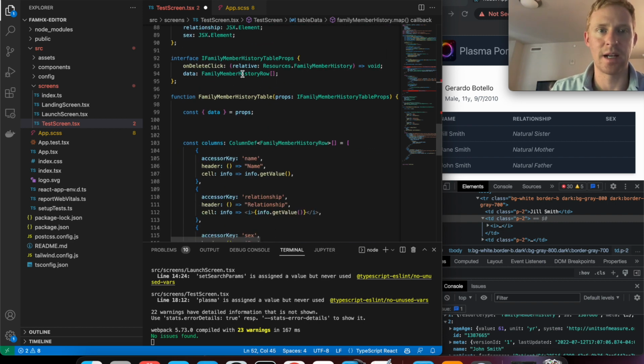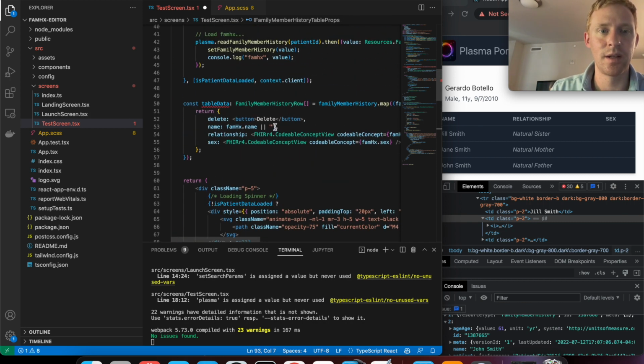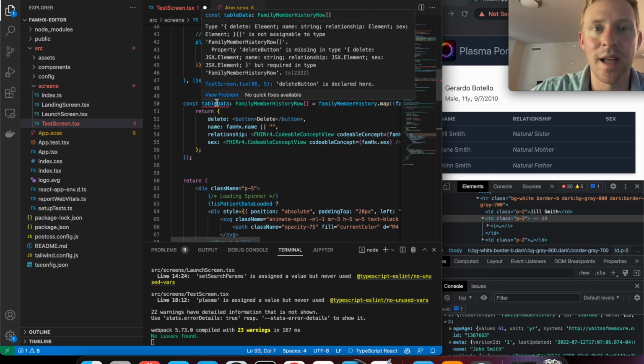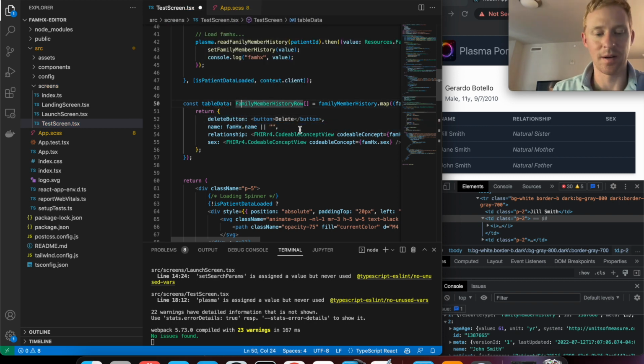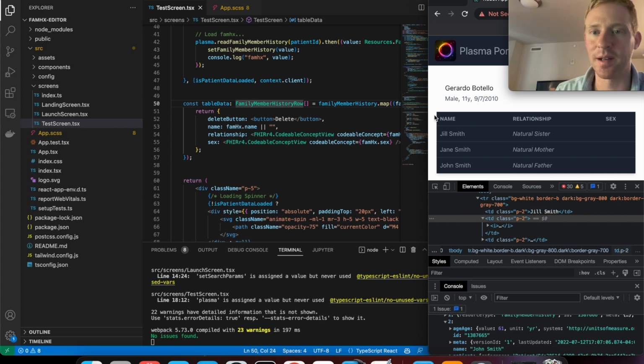I'm going to actually comment this out for now because I may have been wrong about needing that. Okay, this is giving us an error. It's saying that delete is an element. It's not assignable to type. Oh, sorry, it was delete button. Okay, delete button. All right, let's just see that we have a button here